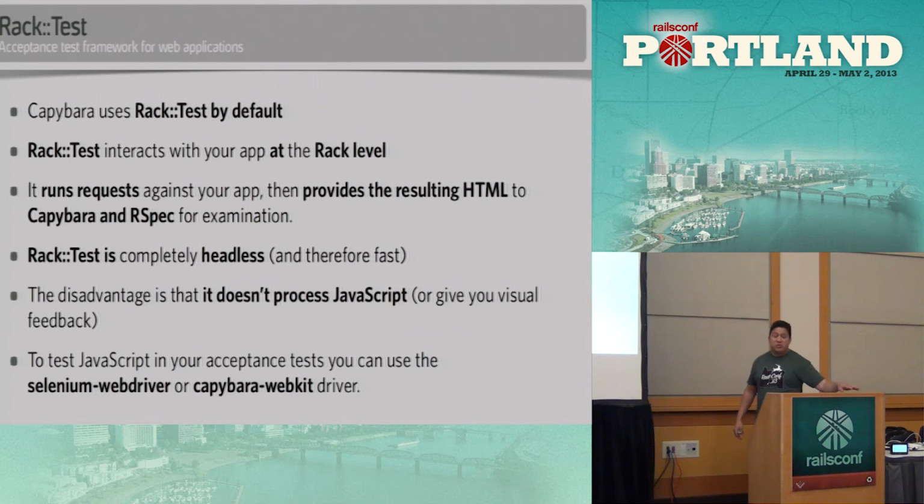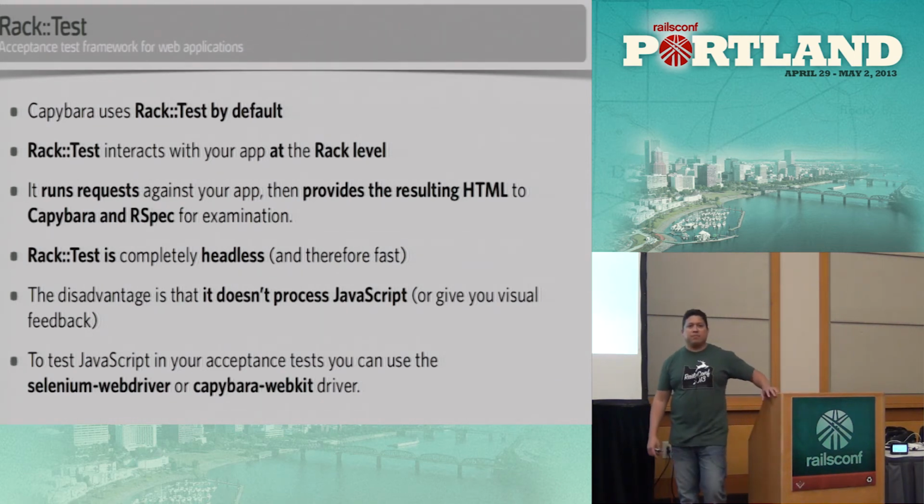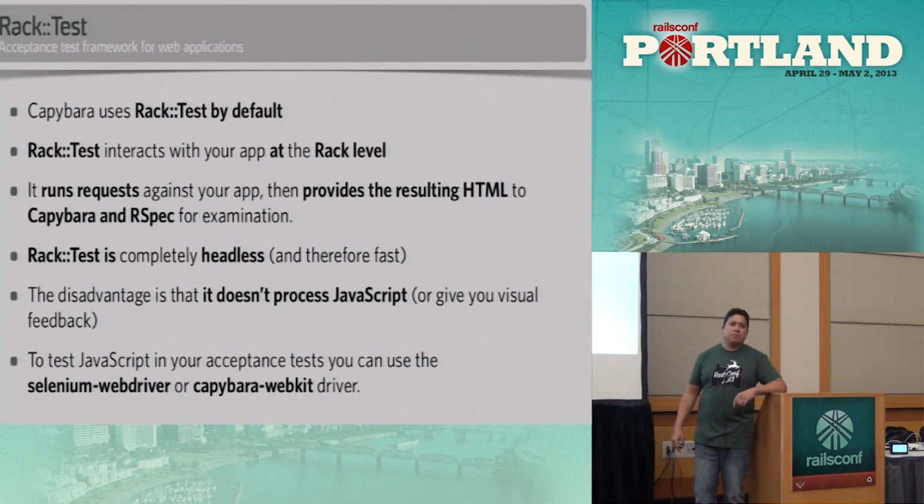I mentioned Capybara uses the rack test driver by default. So we're going to change that to basically use the Selenium driver. One of the things that rack test can't do is mimic JavaScript behaviors or deal with JavaScript at all. Yes? So what's the advantage in using Selenium versus the built-in rack test?